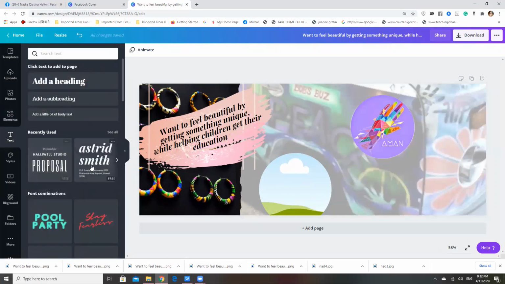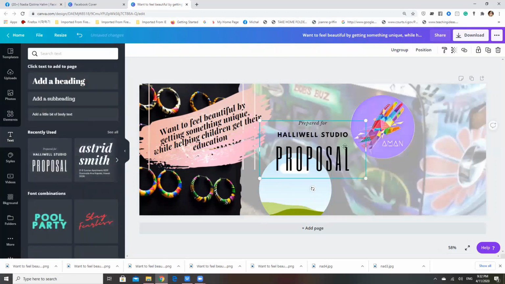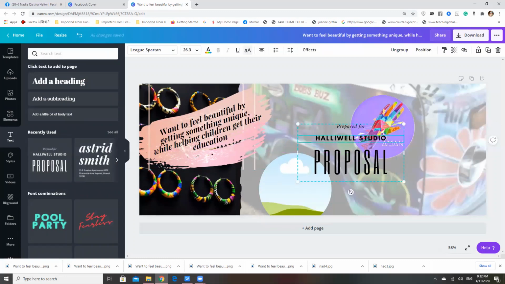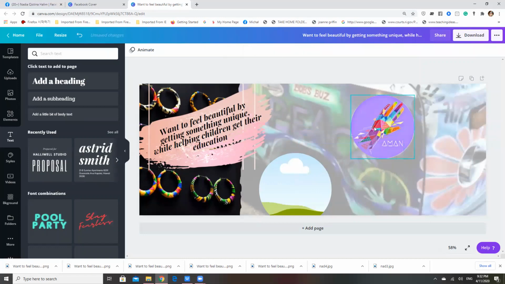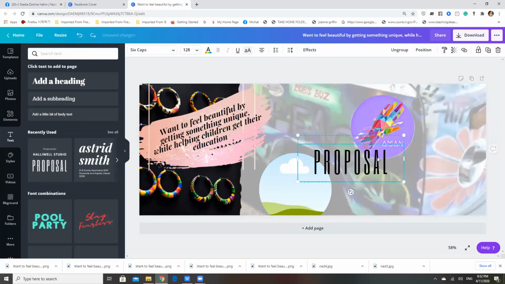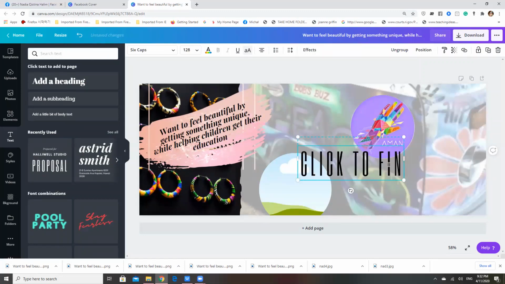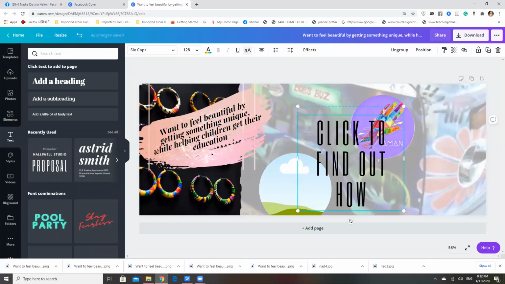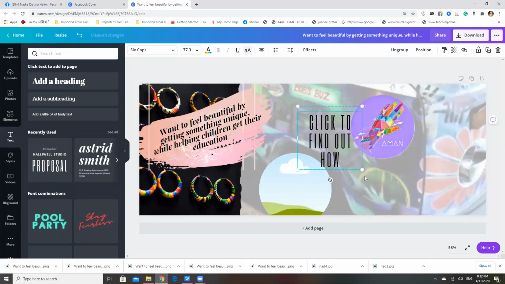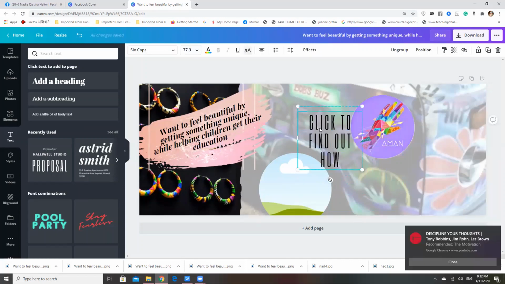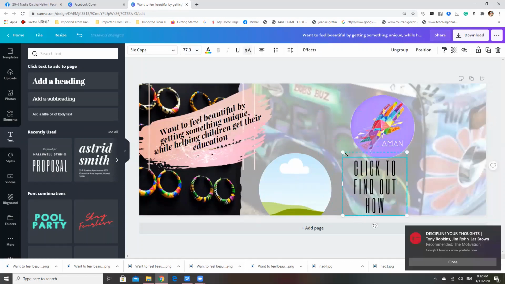So I'm going to go here, get another text. Okay, delete the part that I don't need. If you want to go back, you only have to click the arrow over here. There you go. I'm only going to need this part. And I will write down over here, click to find out how. Okay, that's all you need. And make it a bit smaller. Don't need that big. And position it right under